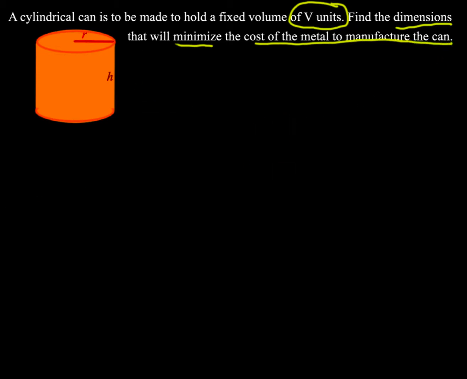So let's write down our key ideas here. We have that r is the radius and h is the height. Our constraint is that the volume is fixed. It's our value V. And we want to minimize